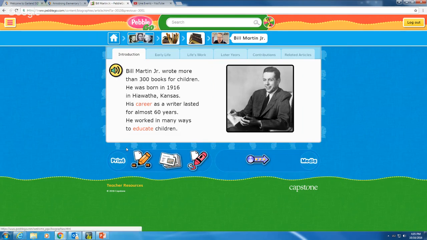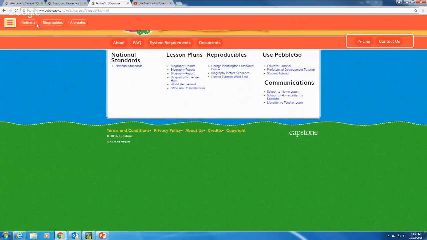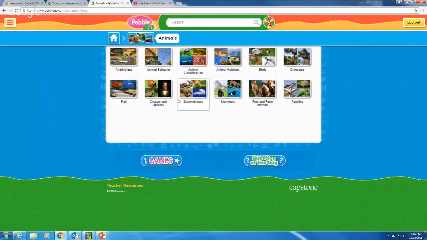Looking at the teacher resources, there are lesson plans, reproducibles, and even educator tutorials. So if you have a problem, you can click on those and find other things to do or ways to fix any problems that you might have. Going back to animals, I'm going to look a little bit at